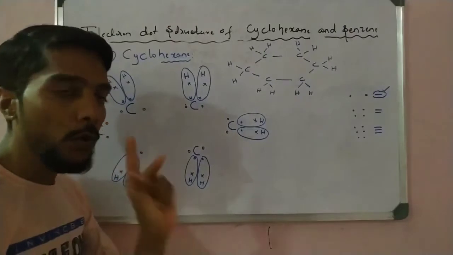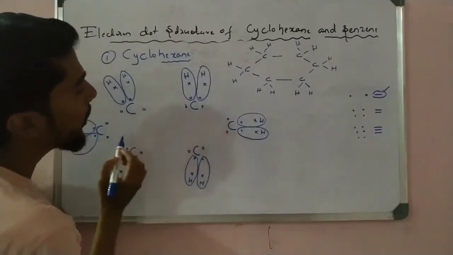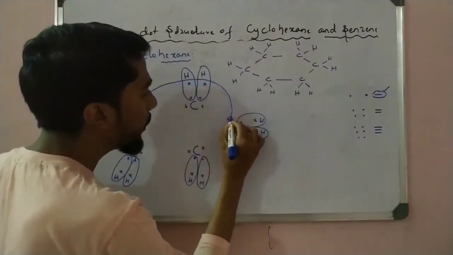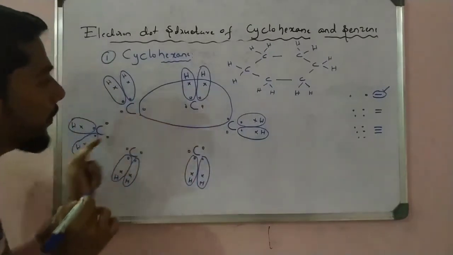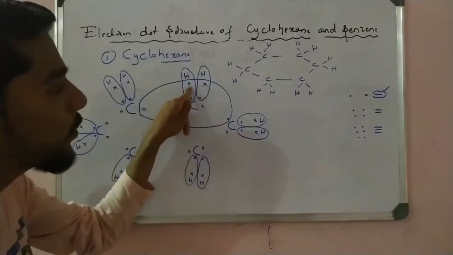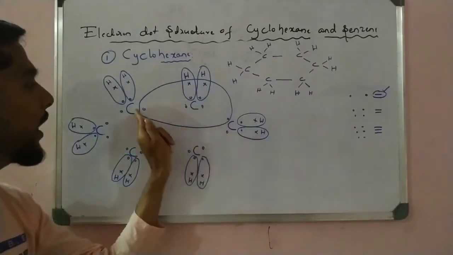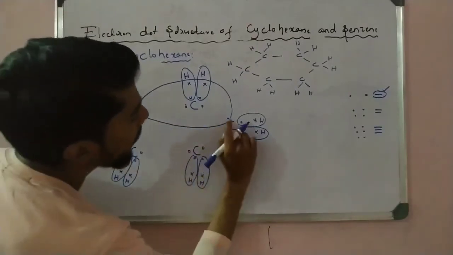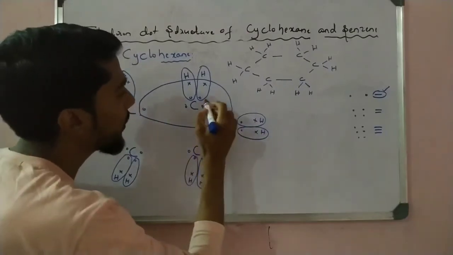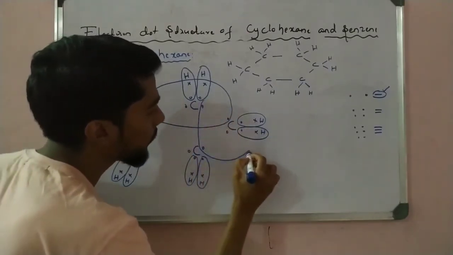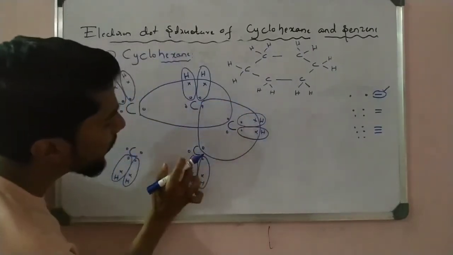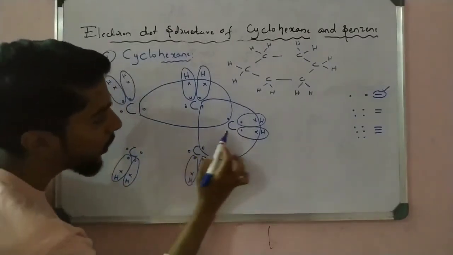Again they require 2. So 1 is taken from here and 1 is taken from here. Like that you see here, 1 from here, 2 from hydrogen and 1 from here, they get an octet. Count here, for this carbon, 1 2 3 4. Itself 4 valency, 2 from the hydrogen, 6 7 and 8 completed. Now this carbon has 6 here, 1 2 3 4 5 6, 1 from here and 1 from here, like that. Now this is completed.